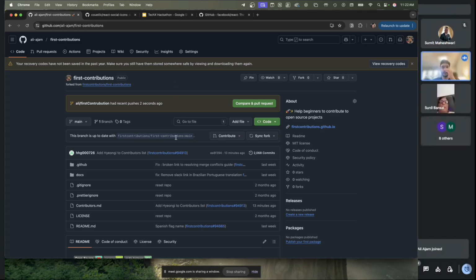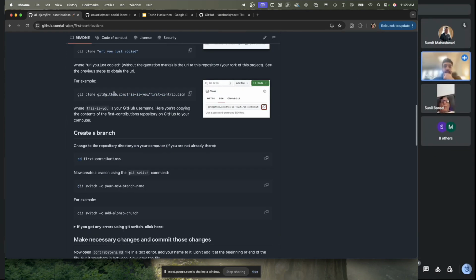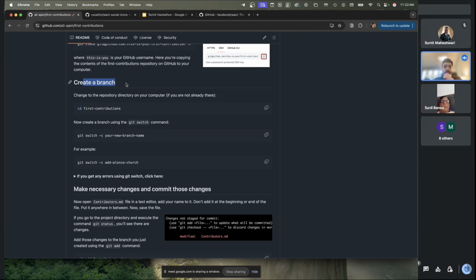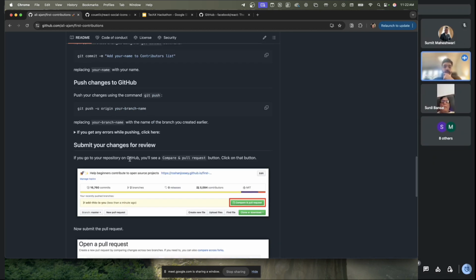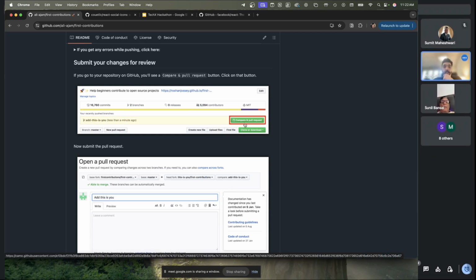So after that, once you push it, you have your branch, right? Let's see what it says here. It says, first of all, create a new branch, right? Go to your branch, make your changes, commit it. What you want to do is a compare and pull request, meaning now from your own personal repository, which